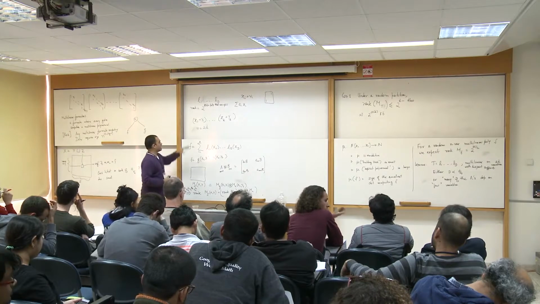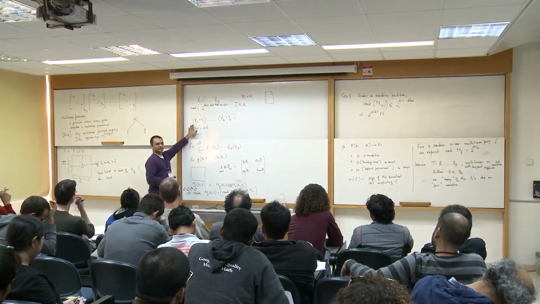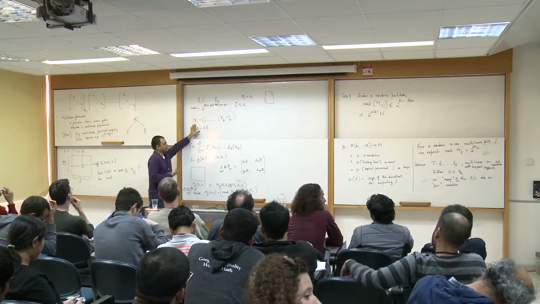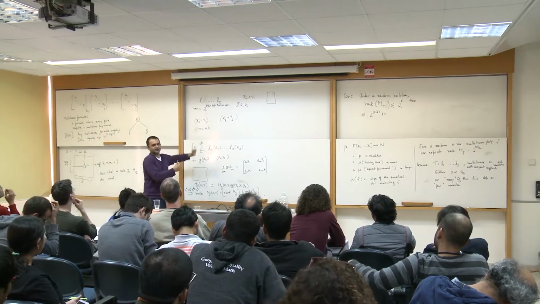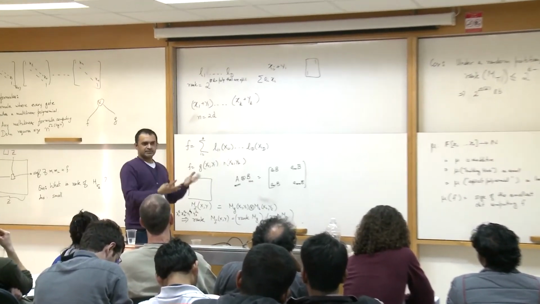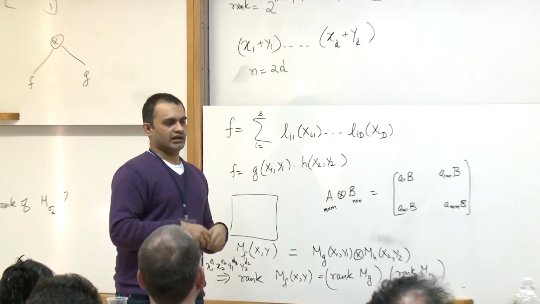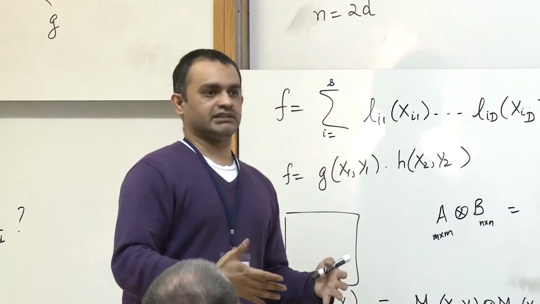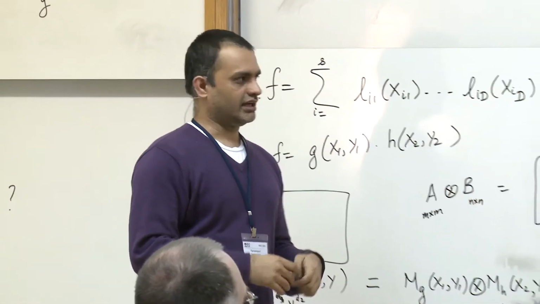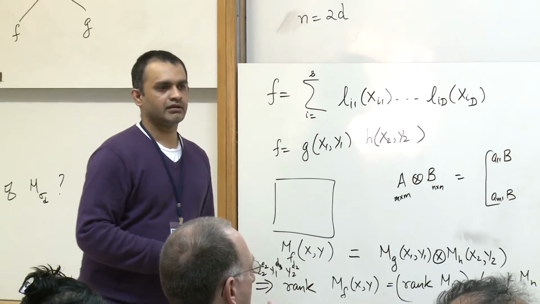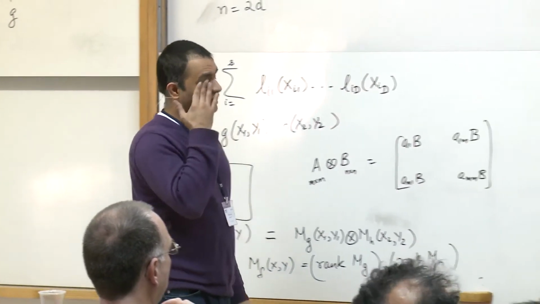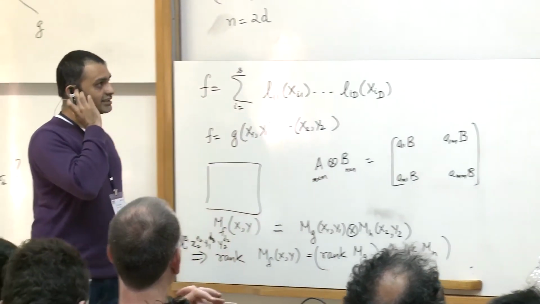So this is not the explicit polynomial for which I'm going to prove the lower bound, because this obviously has a small multilinear formula. But there are explicit polynomials for which under all partitions, the rank is full. I have not described that, and I haven't done that, but it's there.